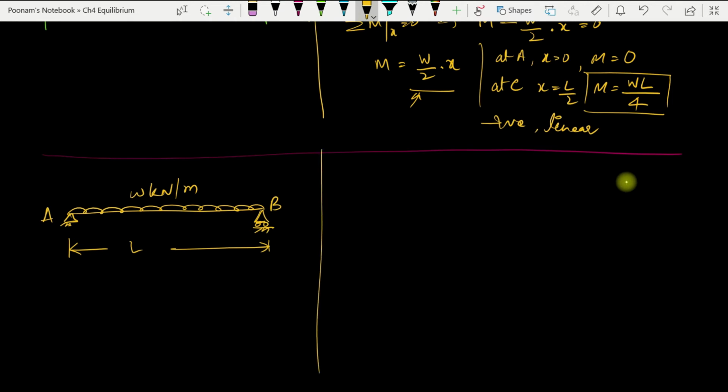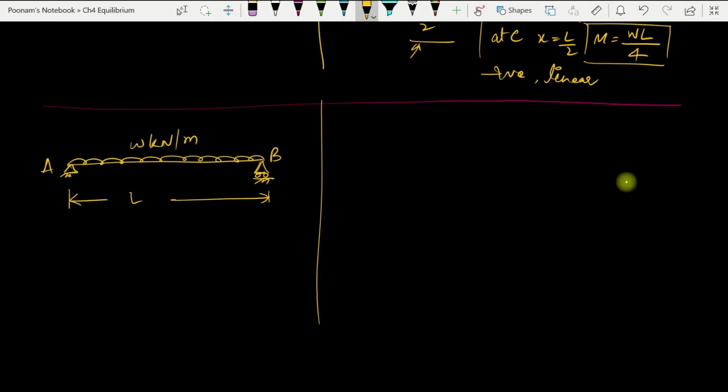The first step is to find out the support reactions. So my support reactions are two, VA and VB. Let us calculate the support reactions using the equations of equilibrium. So VA plus VB is equal to the total load. The total load is the intensity into the length over which the UDL is acting. So the intensity of the UDL is W and it is acting over the length L. So this is my first equation,